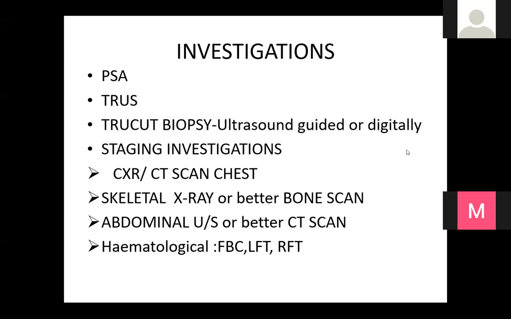So lumbosacral X-ray, an AP and the lateral views is very helpful. Of course, it can miss some because the bone scan is the best. An abdominal ultrasound scan, Dr. Sikhondze went through what information it may give you, or better still, a CT scan. It is important also to have a full blood count because the cancer itself causes anemia, especially when there are metastases, bone metastases. Liver function tests, renal function tests, all these are very important in terms of not only metastases,